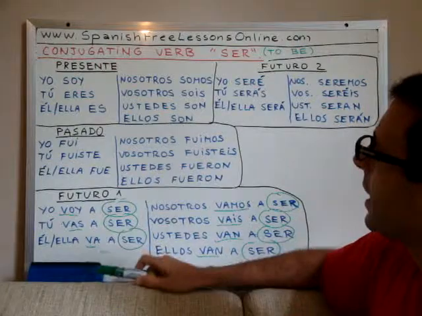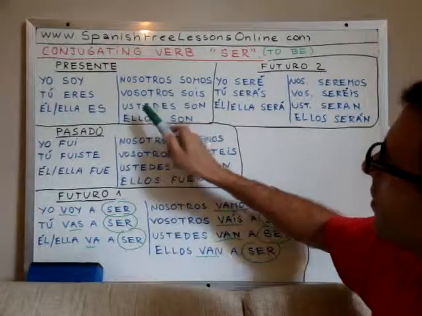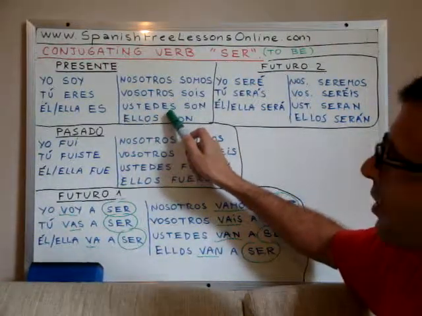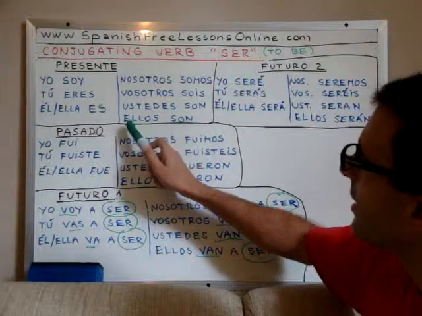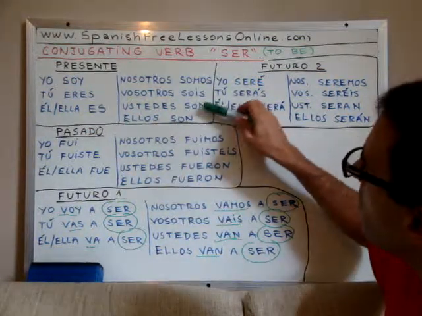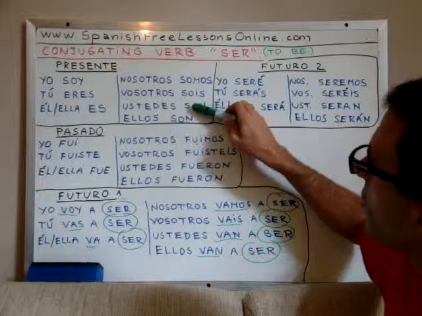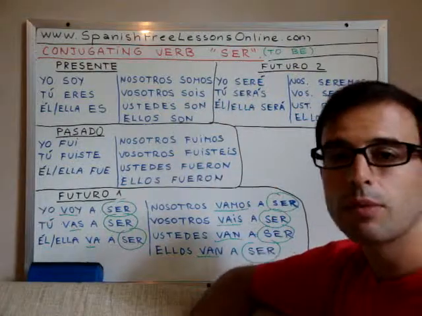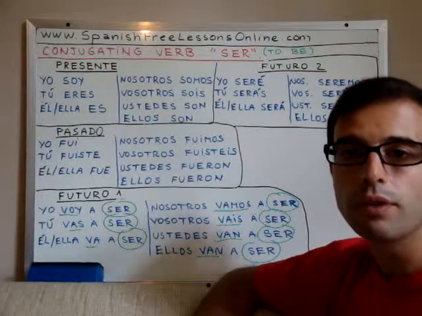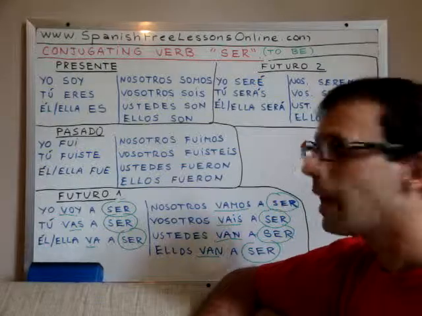Ellos son. And take a look. Always, ustedes, the you plural used in Latin America, and ellos, they always have the same conjugation. Son, son. And this same conjugation is for all the verbs in Spanish and in all